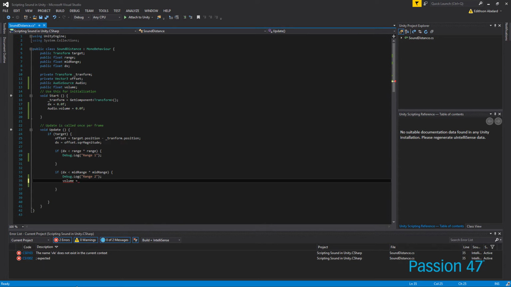So if I set this volume property to dx divided by, which is all we're doing is just taking this value, so I'm just going to copy it. Now, just for keepsake, I like my math to make sense, so we're just going to throw these in parentheses, so this happens first and not the division. And then if we go back into Unity